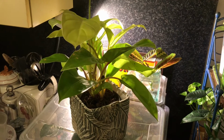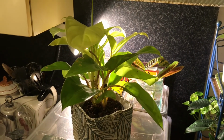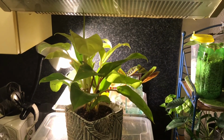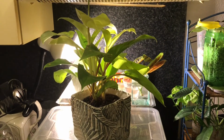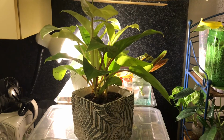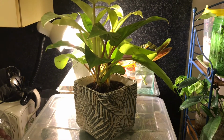I bought this plant last weekend in a plant nursery in France. I was there for just one day to visit a museum, and I think we all like to visit a plant nursery when we travel abroad, just to see what they have and what the prices are like in another country. So I went to this plant nursery and saw this plant. It was funny enough just labeled as green plant, which isn't even completely true because it has quite a few lime yellow leaves and some red stems on it. But anyway, I digress. So this plant, it's not huge, but it's not a baby plant either, and it was